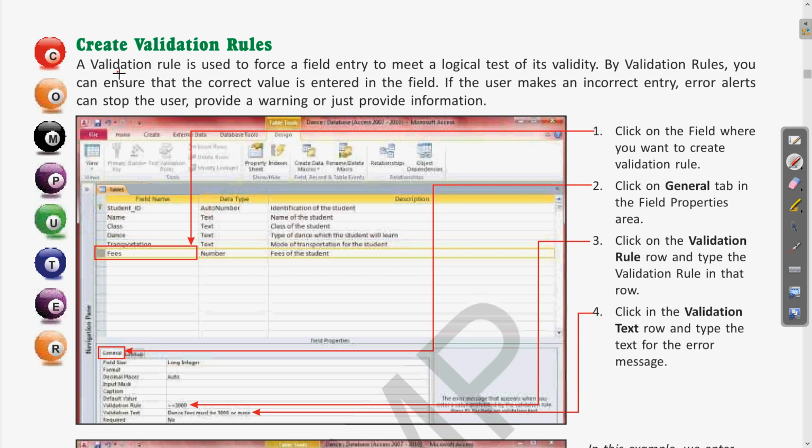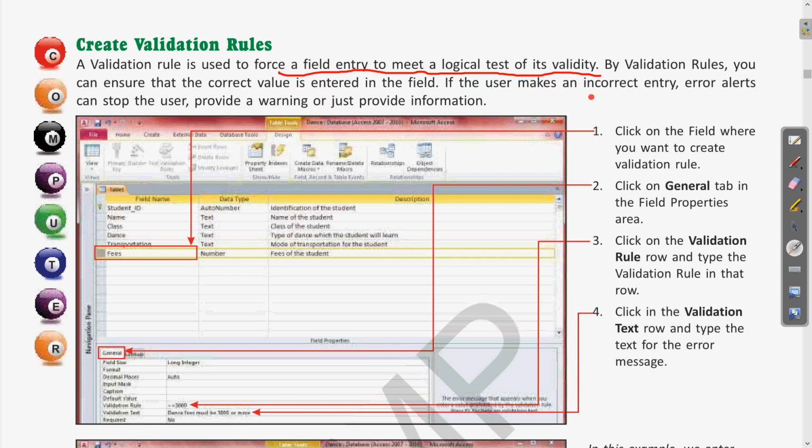A validation rule is used to force a field entry to meet a logical test of validity. Wherever you are validating the value that some user is entering, if you want to set some conditions, it can check and validate the things. So by a validation rule, you can ensure that the correct value is entered in the field.